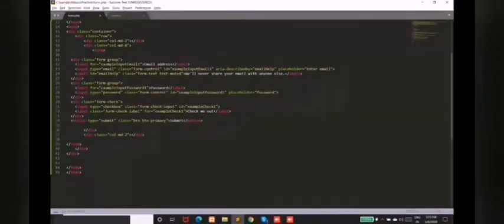First of all, we have an email column with input type as email. Whenever you select type as email, when the user submits the form, the HTML itself checks whether the input value is in email format or not.